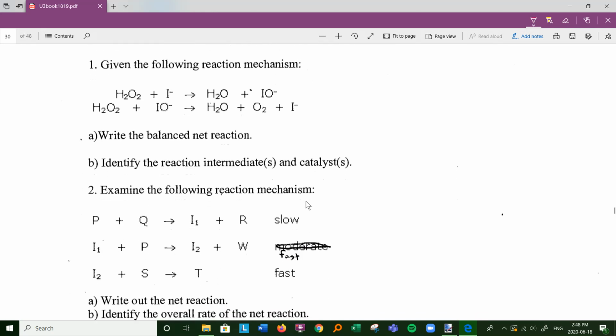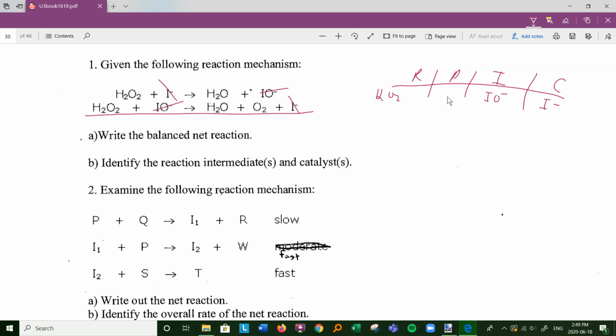Next one, write the balanced net reaction and do the RPIC ones for here. So R, P, I, C. So we're going to have, let's see, what cancels out? IO minus, that's an intermediate. I minus is a catalyst. Look how I put these slopes in different directions. That's just a cool thing to do. So IO minus is an intermediate, I minus is a catalyst, H2O2 is a reactant, and H2O and O2 are